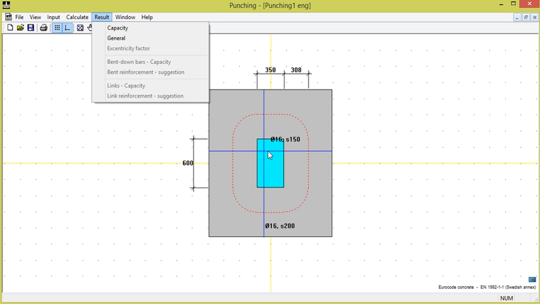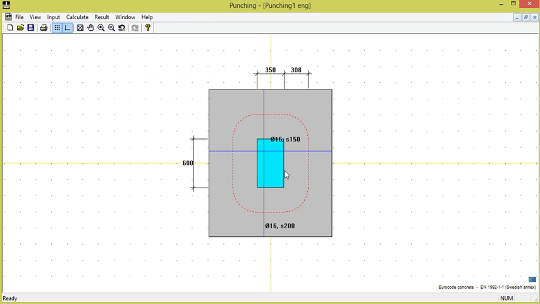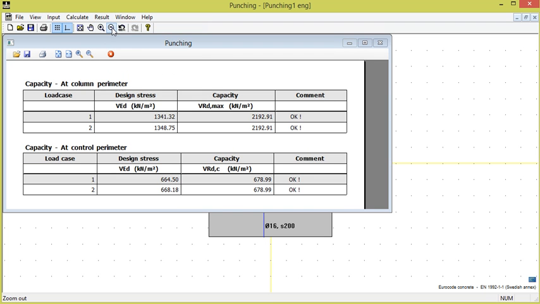The capacity is checked for the column perimeter at the column edge and for the control perimeter at the distance 2d from the column, where d is the effective height. We choose result capacity and see that the capacity is adequate for both load cases,